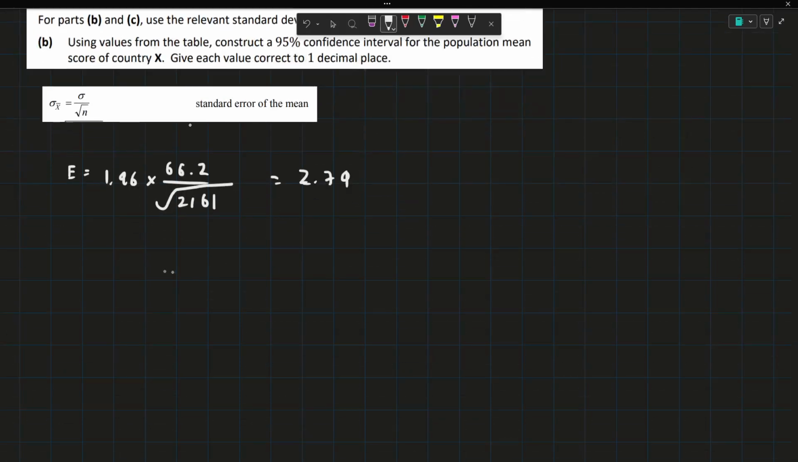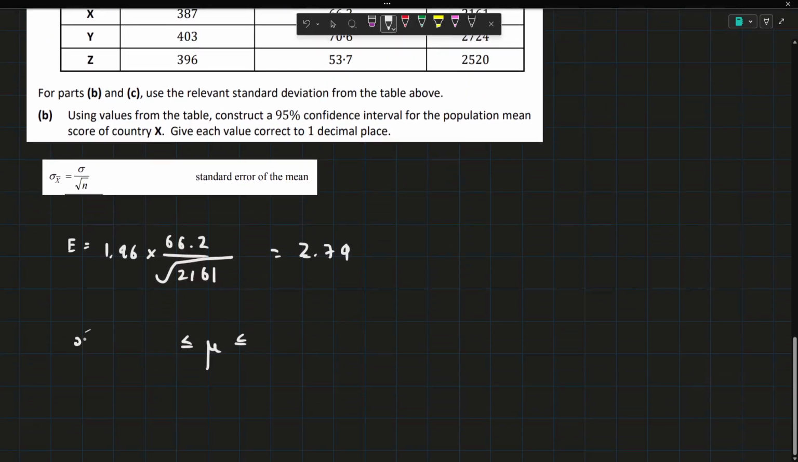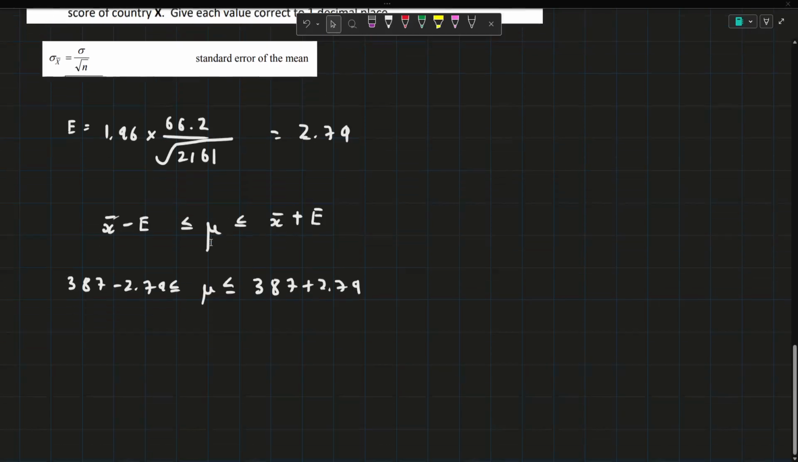So for the sample, we know that our actual value of the mean, at 95% confidence, will be between 2 numbers. The bottom number will be what we observed, which is x bar minus whatever our error is, and the top number will be x bar plus what our error is. And at 95% confidence, we are sure that the actual thing is in between these 2 numbers. So the mean that we observed was 387. So on the left side, we'll have 387 minus 2.79, and on the right side, we'll have 387 plus 2.79, and then we can just add those up, and we'll get